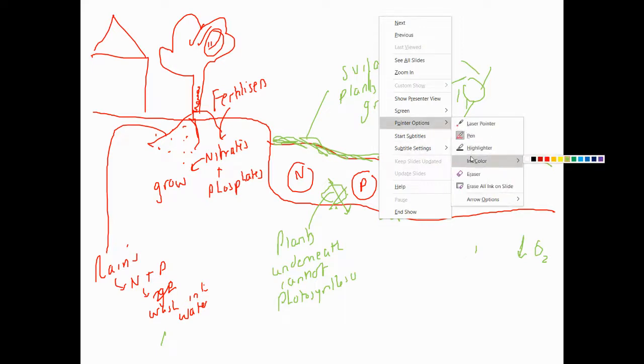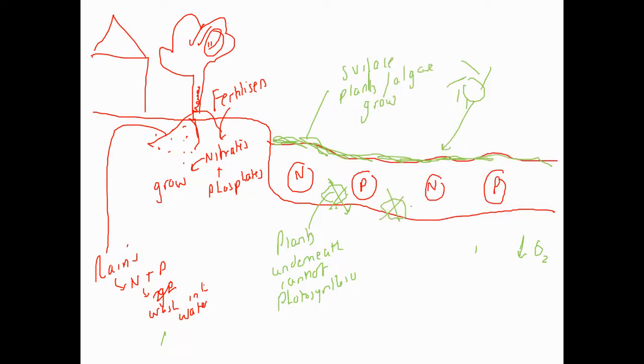Last thing that happens, boys and girls, is you get these microorganisms called decomposers. Microorganisms, that's just an organism you can't see with the naked eye. And decomposers absolutely love dead material. They eat dead material.